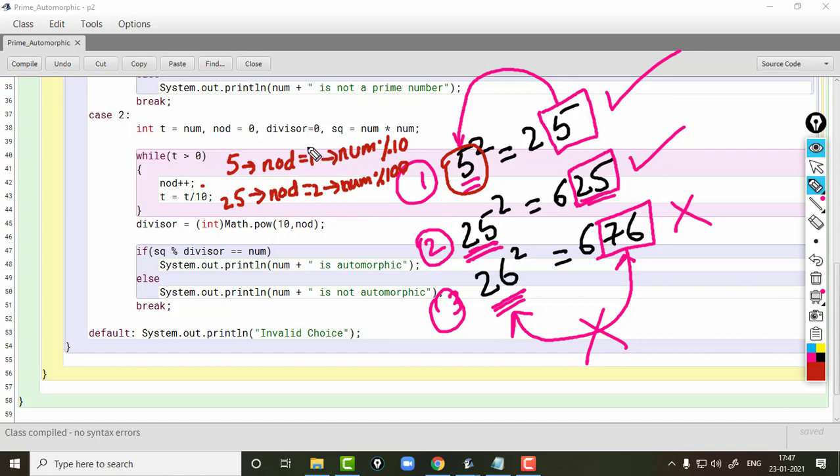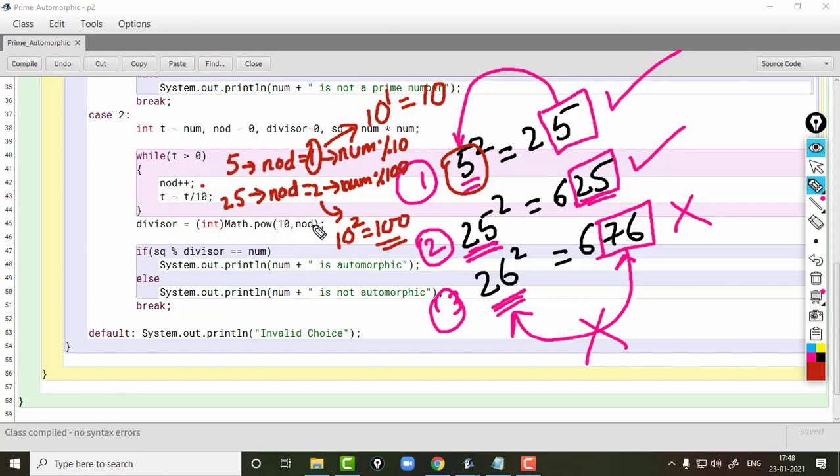So you can see that when NOD is 1, we can do 10 power 1. This will give me the divisor as 10, and when NOD is 2, we can do 10 power 2. That means we have to divide by 100. So 10 power NOD will give me the divisor, whether it should be 10, 100, 1000 or whatever, depending upon the number of digits we want to extract.